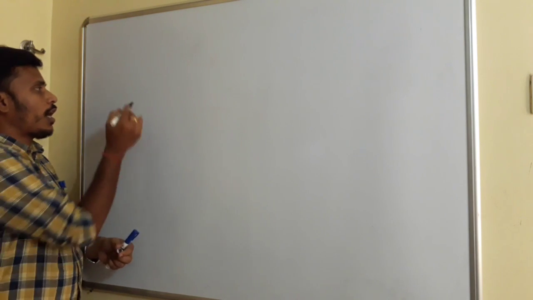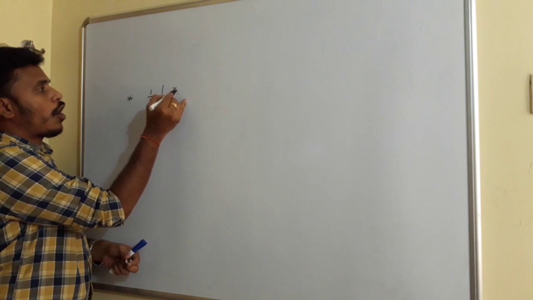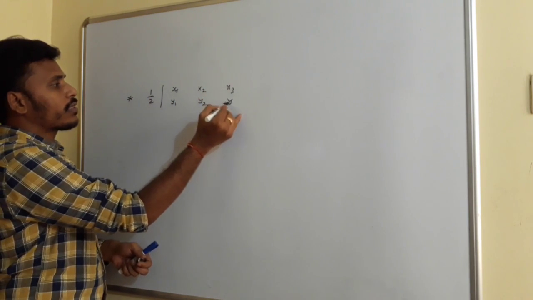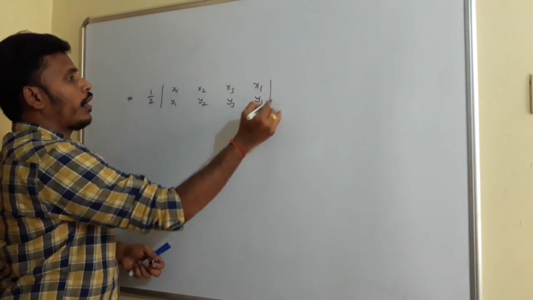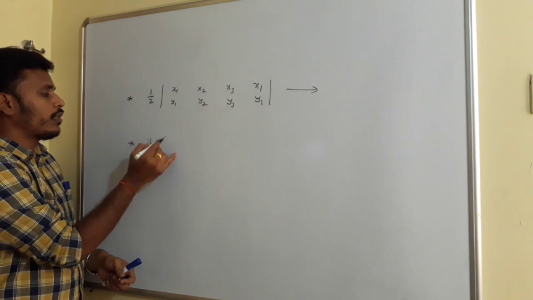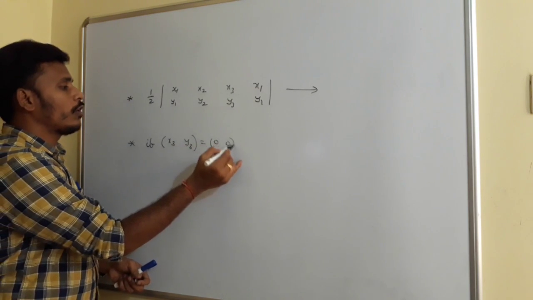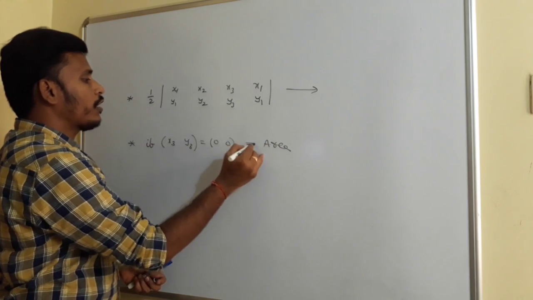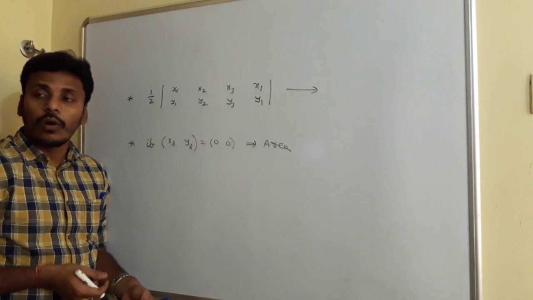I already told you in the last class that usually the area with 3 vertices is given by half x1 y1, x2 y2, x3 y3 and x1 y1 again, and on simplification you will get the area. But if one of the points is the origin, in the sense that x3 y3 is equal to 0 comma 0, then what is the area? If one of the points is the origin, the values of x3 and y3 are zeros, then what will be the area?